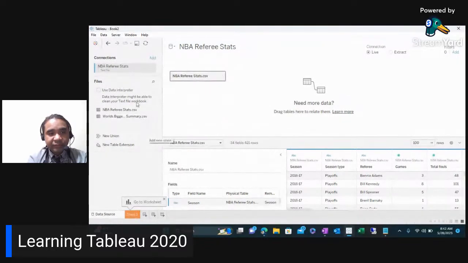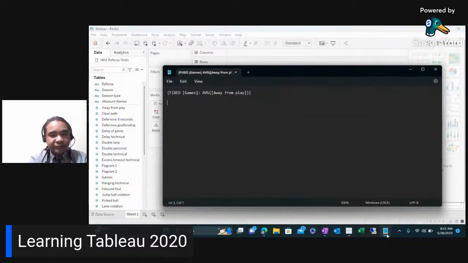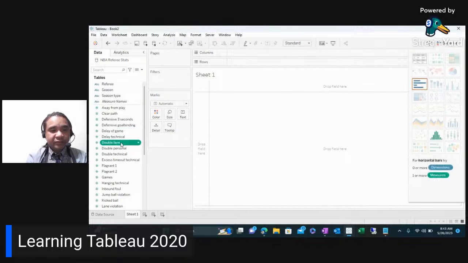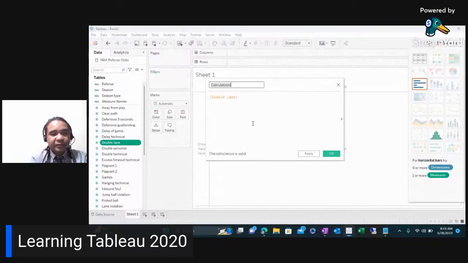So if we look at the data, there we go. If we look at the data, this is the sheet. So what we did before was we took the average of fixed games by away games. So we're going to change that around. So we're going to find the games, or at least create a calculation. And to create a calculation, we just right click in this area and then create calculated field. And then we could call this,